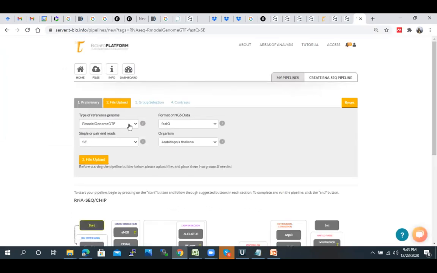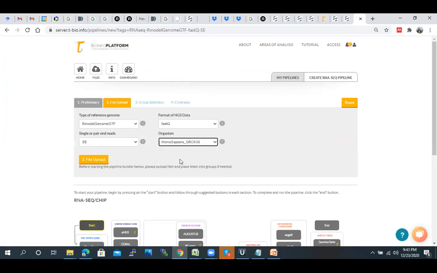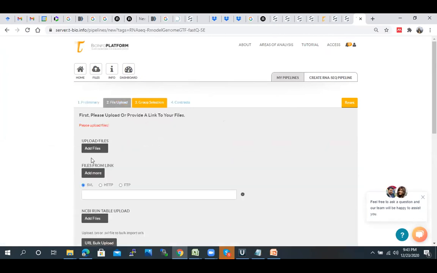From here I have to select Homo sapiens, and then these are the FASTQ files. It is already mentioned that I am taking the reference genome because we have it; otherwise we would have to submit it. Then it asks whether the reads are single end or paired end. As I have already checked in my data, these are single end reads. Then we can go to the